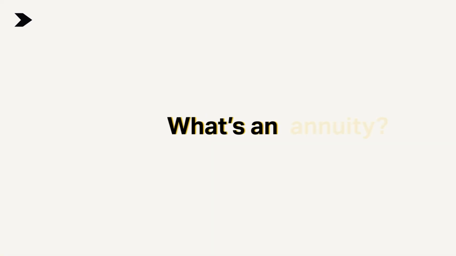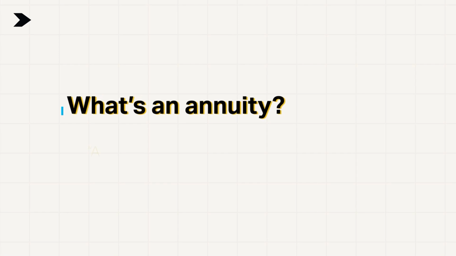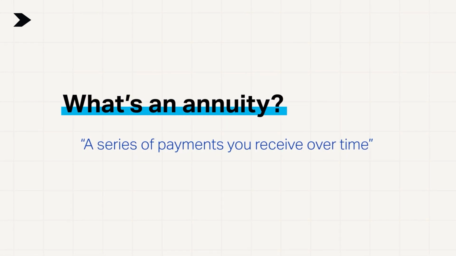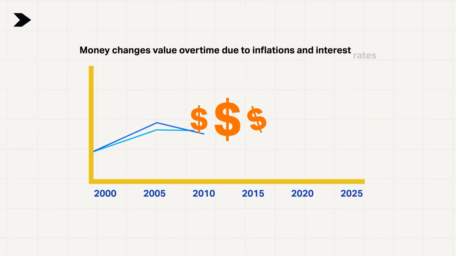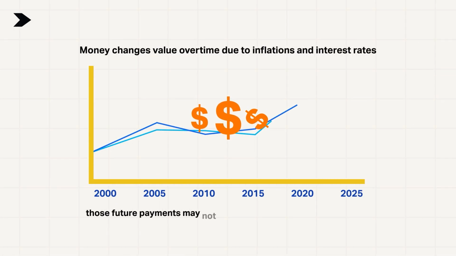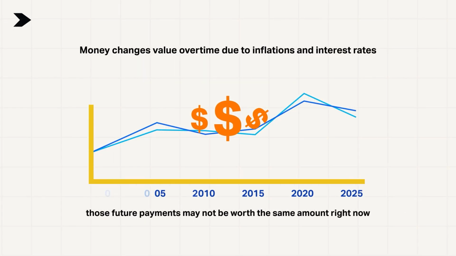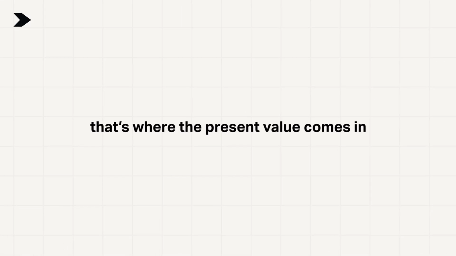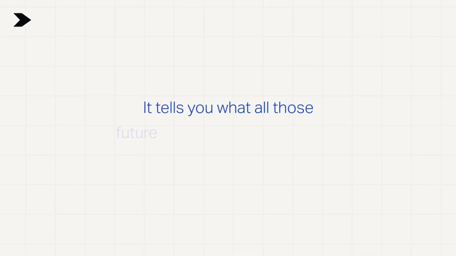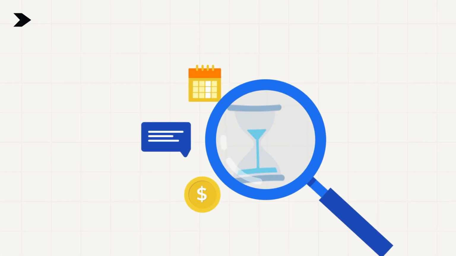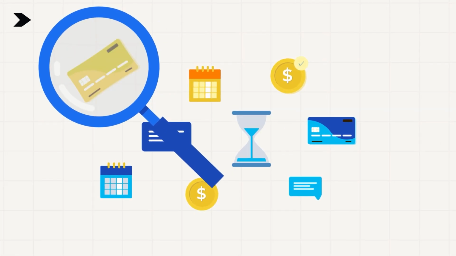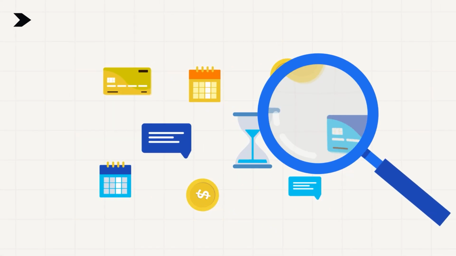An annuity, when in the distribution phase, could be described as a series of payments you receive over time. But because money changes value over time due to inflation and interest rates, those future payments may not be worth the same amount right now. That's where the present value comes in. It tells you what all those future payments could be worth in today's dollar. This helps you compare options like lump sums versus regular payments, or evaluate the real cost or benefit of long-term